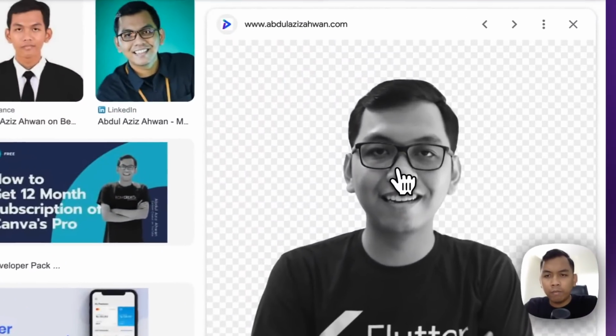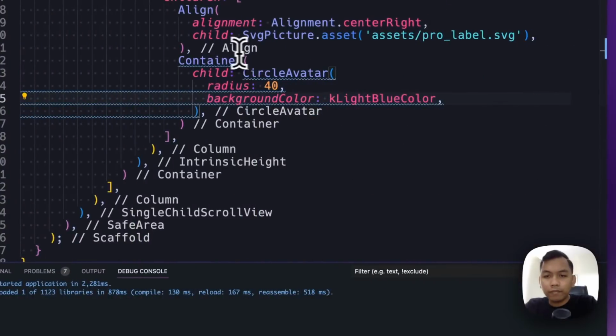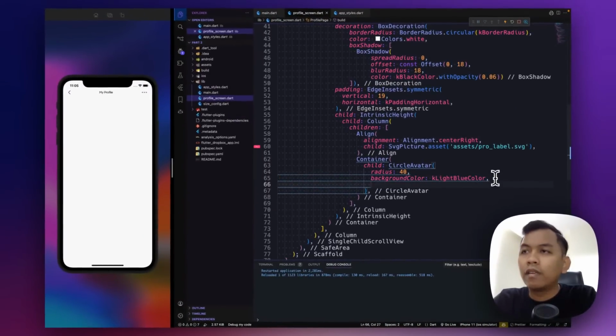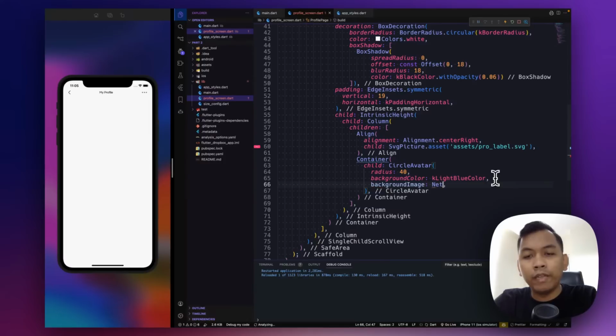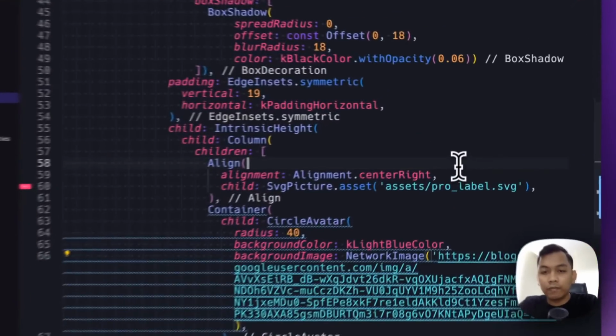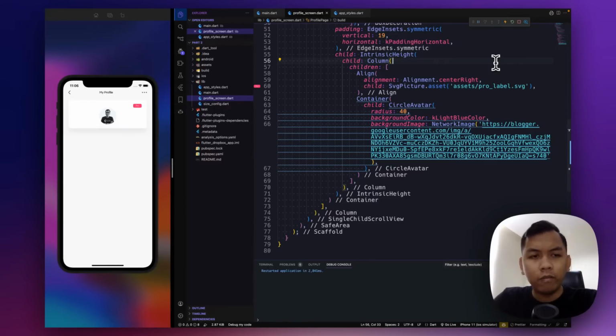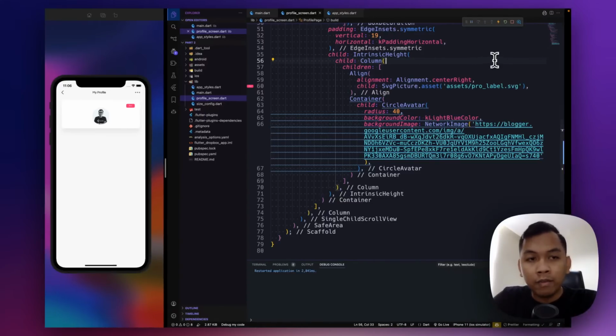And just copy image address and set a background image, which will be NetworkImage, and we need to provide the URL here. Alright, we will see my image and then pro label.